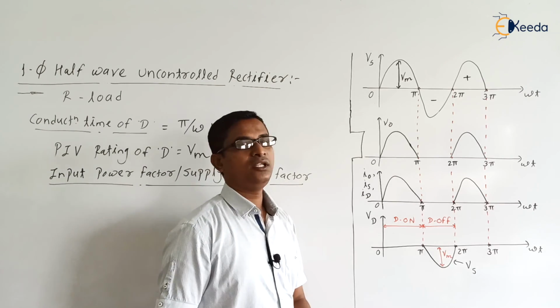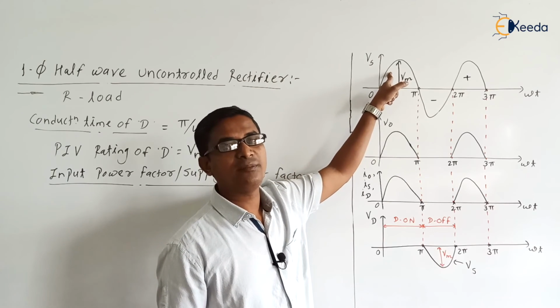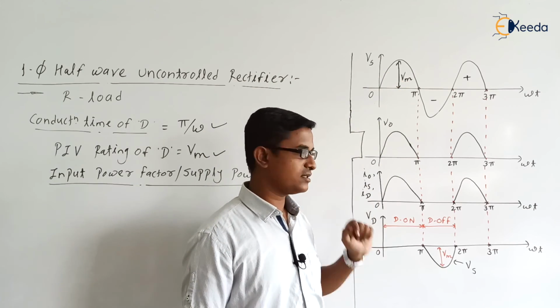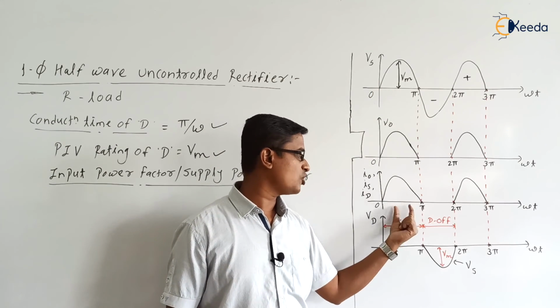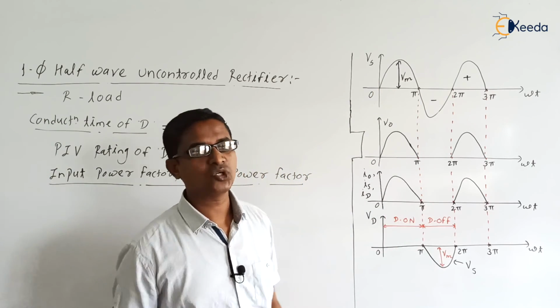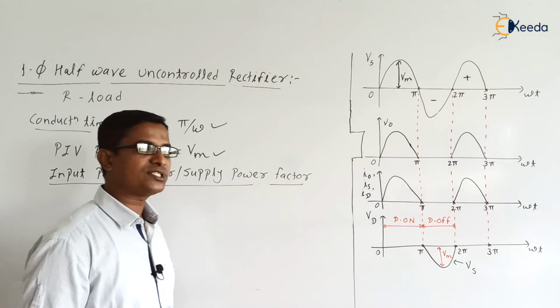Input power factor or supply power factor means what? The angle between Vs and Is. Vs is sinusoidal, and Is is also sinusoidal from 0 to pi. So if you check the circuit operation,